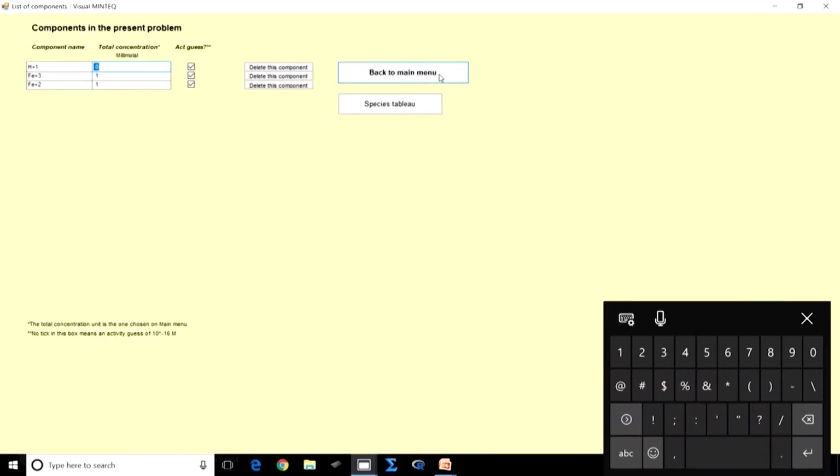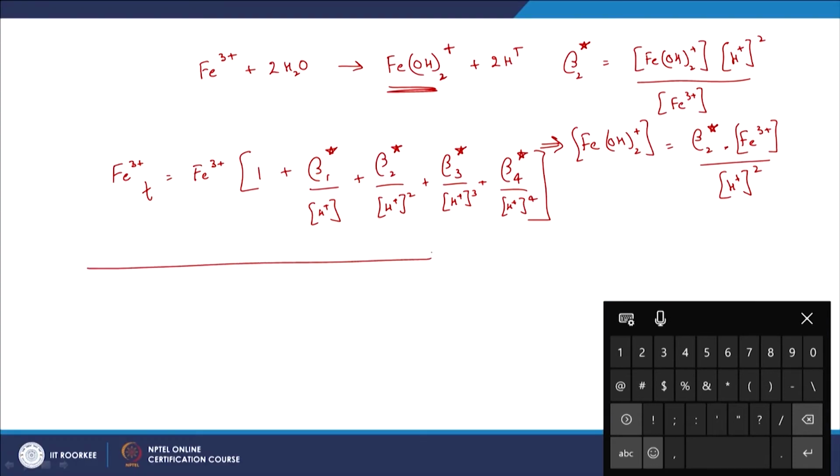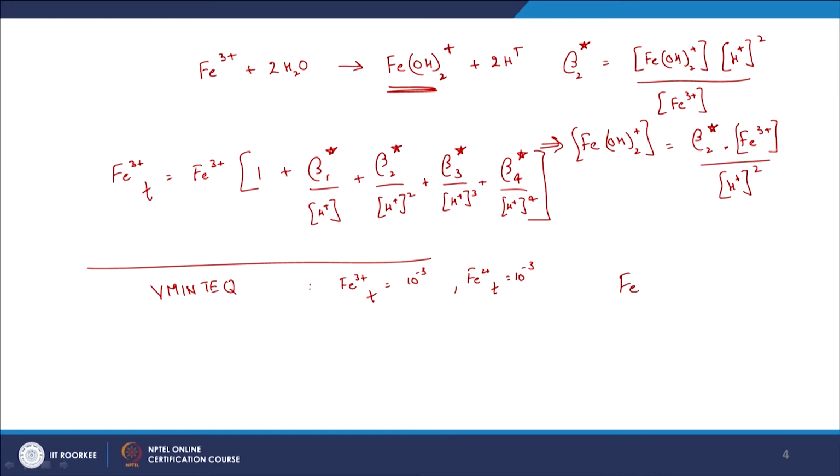So what I am saying is, we are trying to work it out by Vmintech, and we need to give the total component concentration. So Fe3+ total is 10 power minus 3, and Fe2+ total is 10 power minus 3, but for the relevant charge balance, let's assume that we are having FeCl3, and